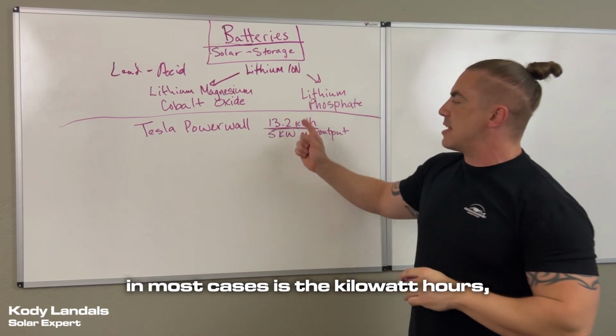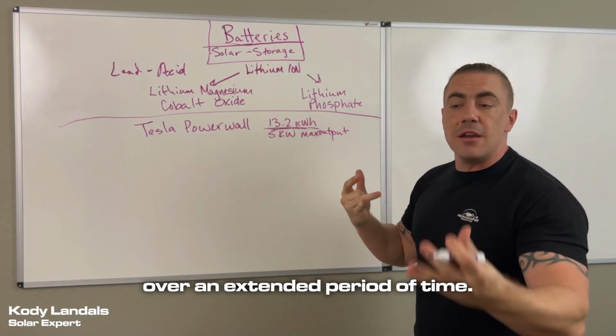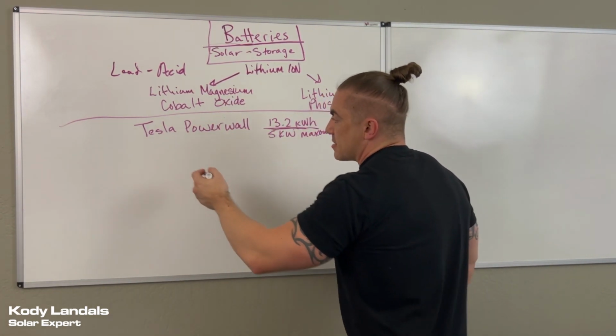In most cases, it is the kilowatt hours, because that's how much storage you have and how long you're going to actually be able to run the home over an extended period of time. All right, next,